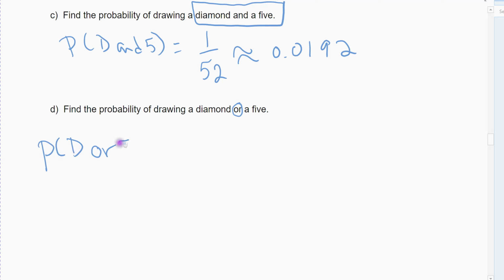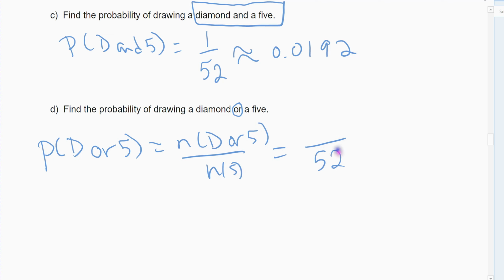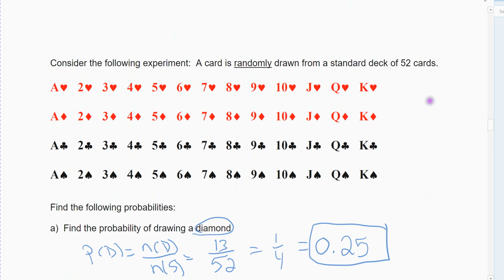Alright, so I want a diamond or a 5, which means they could be diamonds or they could be 5s. There's the case where the diamond is also a 5, and I don't want to count that guy twice. Alright, so number of diamonds or 5s divided by the number in my universal. Well, I know there are 52 cards. Out of 52 cards, how many possibilities are there for me to draw a diamond or a 5? Alright, so if you look at my universal set,